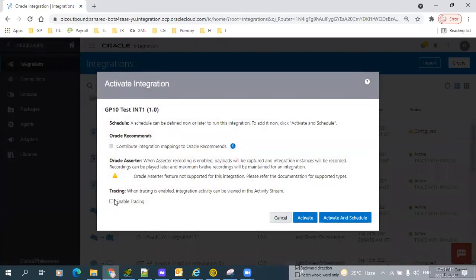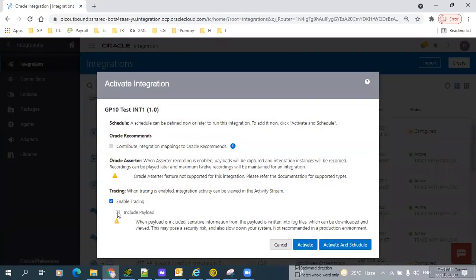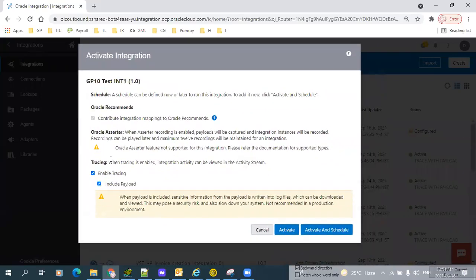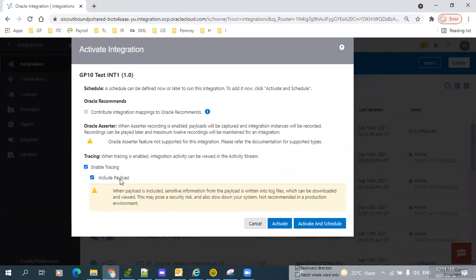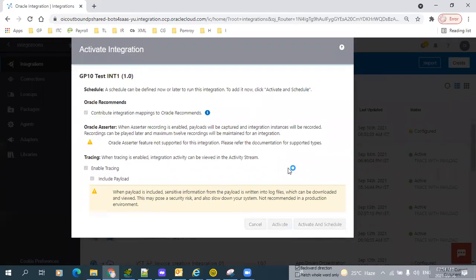Just click on the middle icon, the power button, enable tracing, include payload. Enable tracing, include payload means you can see the complete log information whenever your integration is successfully completed, with the help of tracking. At the initial stage we added the tracking, right? With the help of the tracking, you can trace your complete application, your integration logs. Just click on activate